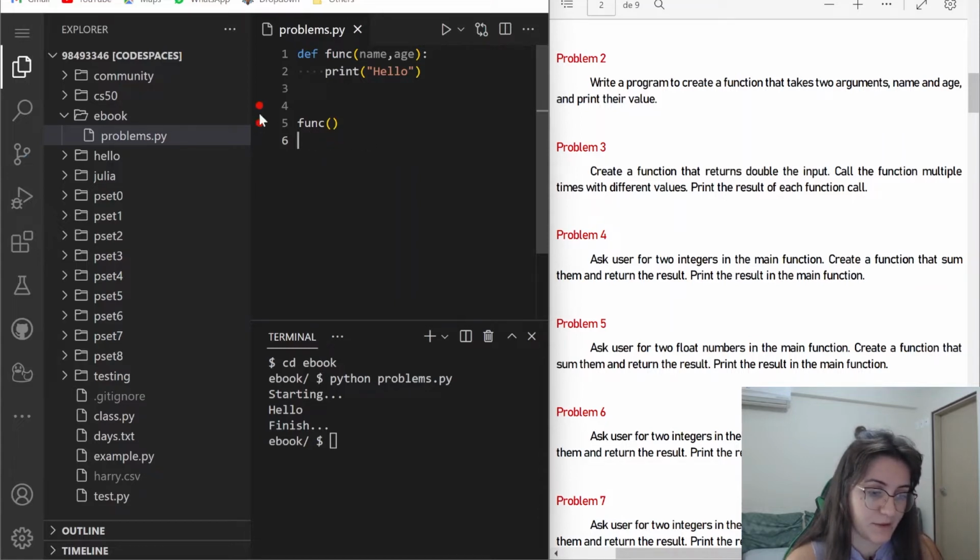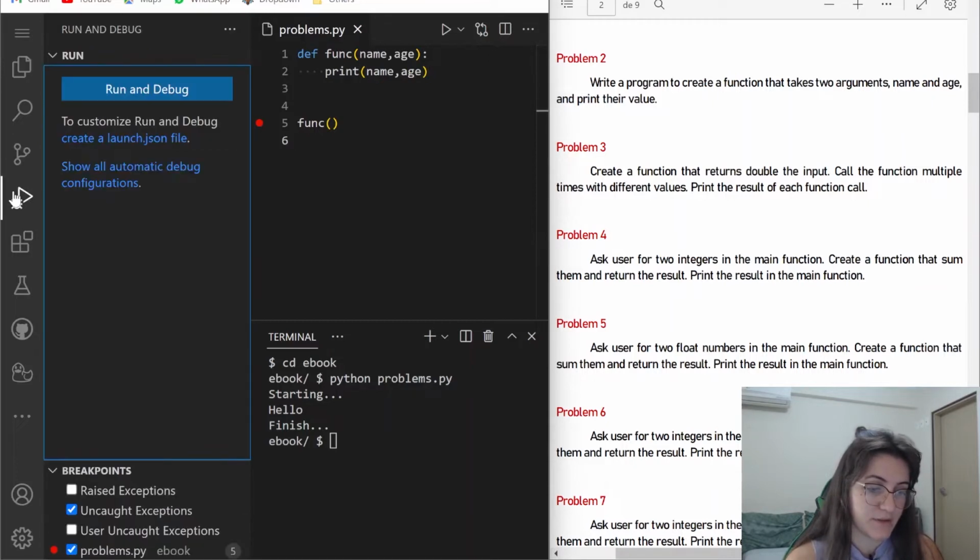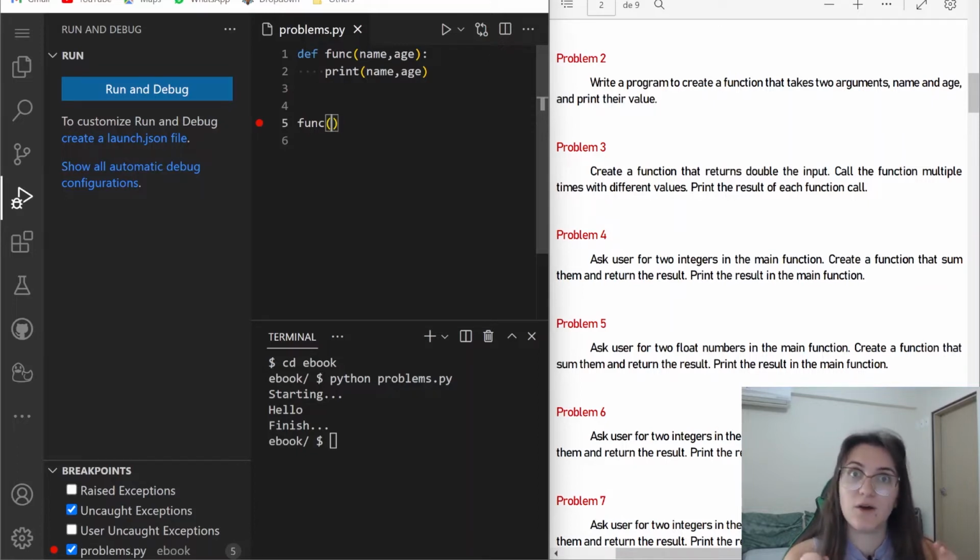Let me put the breakpoint on line 5. And on line 2, we want to print the name and the age. Name and age. Okay, and let's see what happens. So when we call the function, we need to pass the name and the age. When we call the function in here, this means that we're gonna do whatever is inside the function. And since the definition of the function needs 2 parameters, we're gonna pass these 2 values for these parameters, okay? So for name, I'm gonna put Giovanna,